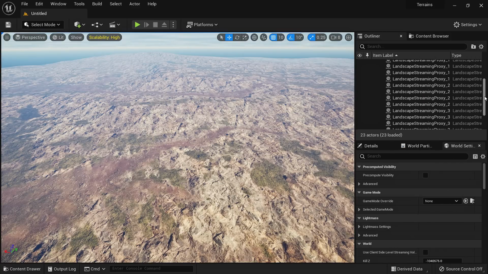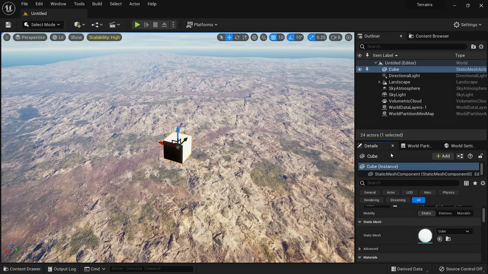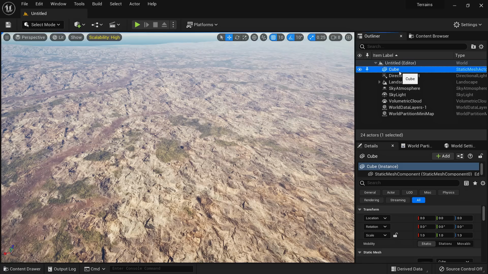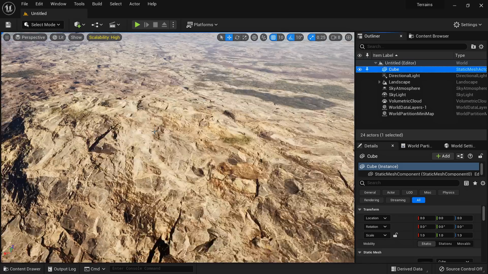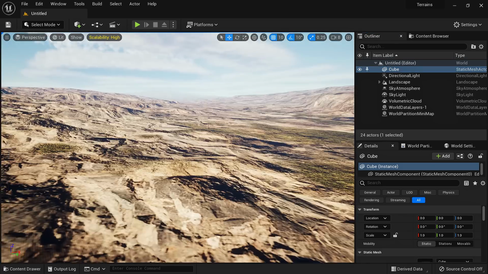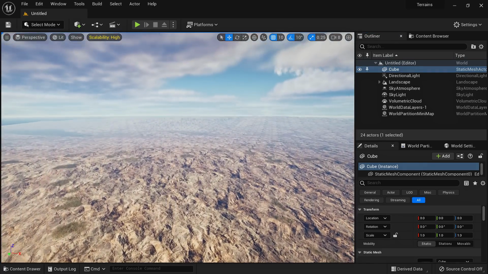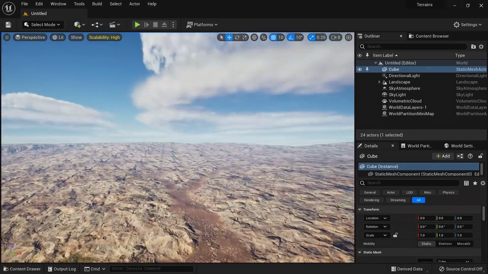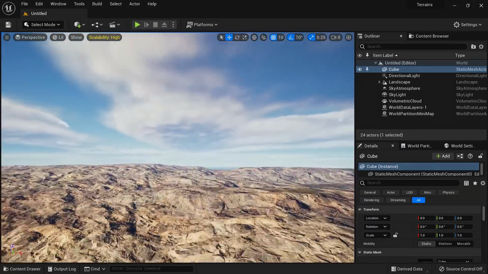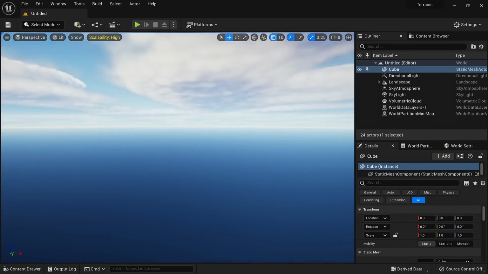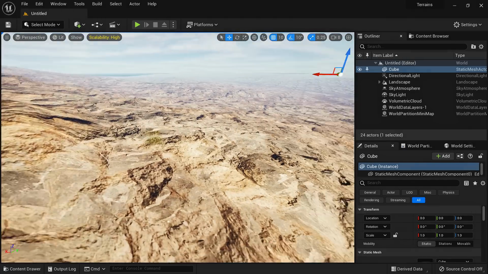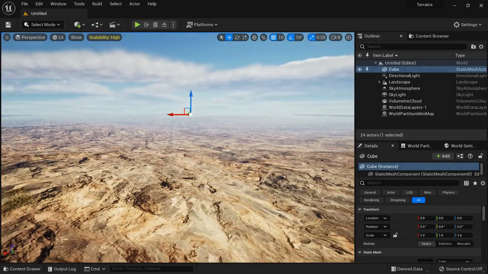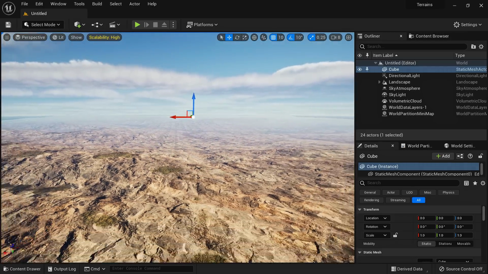Let's go to the 0 0. We'll put a cube over there. So go to details and 0 0. With the cube selected, if we click F, it will focus on the cube. Okay, it's way too big. If we move to the corner, okay, it's a bit faster, and we are still going. Okay, it disappeared. So the landscape will start flickering. So we look the other way and move backwards.